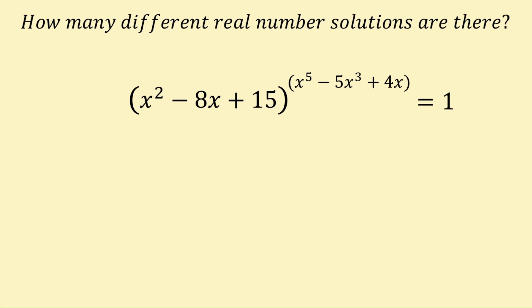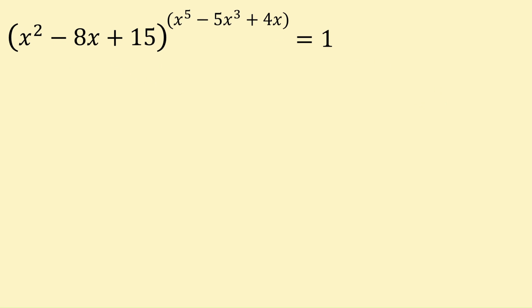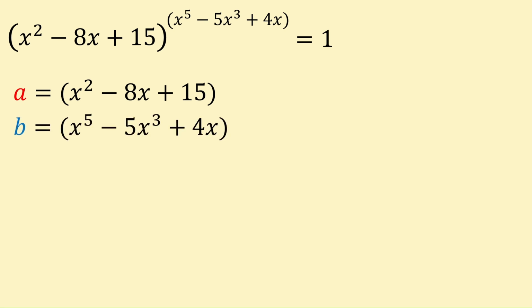If you want to have a go on your own, pause the video here because I'll start solving it in 3, 2, 1. The base and the power itself seem chunky to deal with. Let's neaten it up with some algebra. If we let a equal the base, x squared minus 8x plus 15, and b equal the power, x to the 5 minus 5x cubed plus 4x, the equation can now read a to the power of b is 1. We now need to just consider the values for a and b such that a to the b is 1, getting rid of the messy polynomials for now to get started with our problem solving attack.